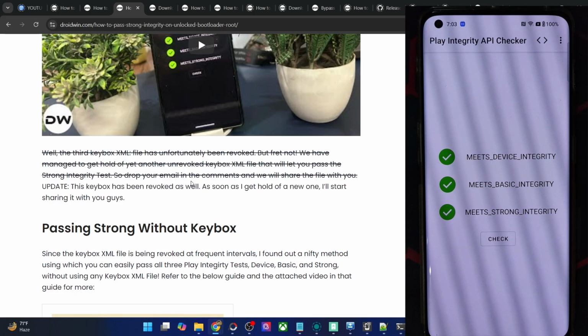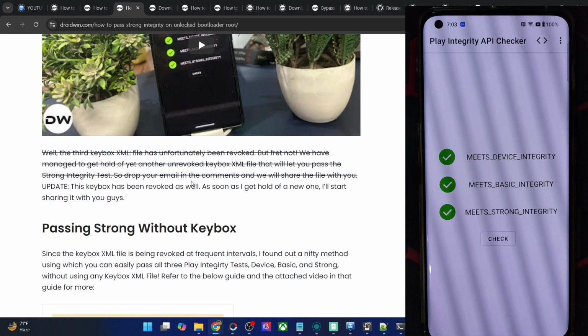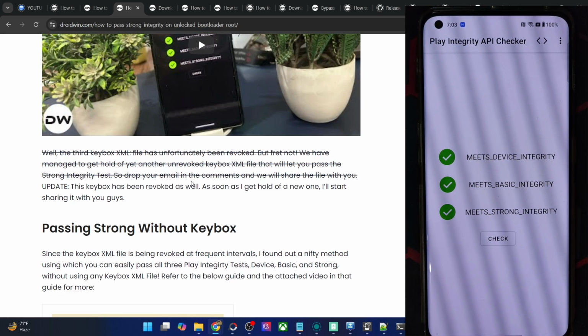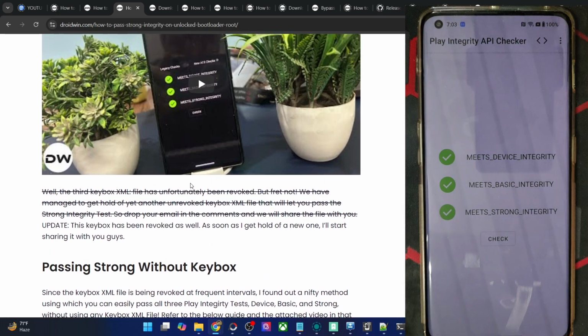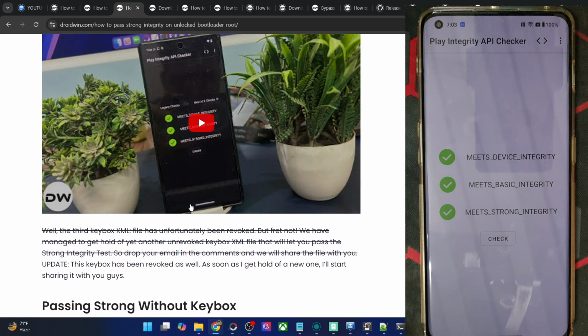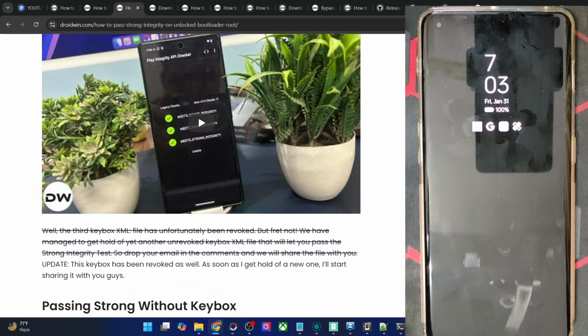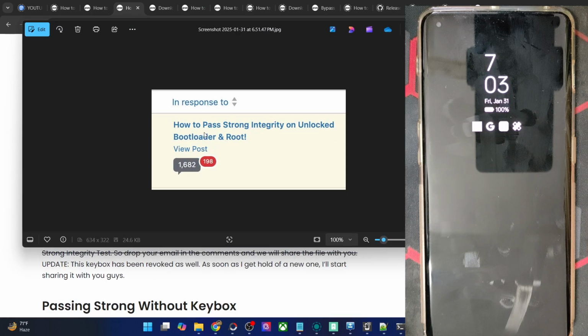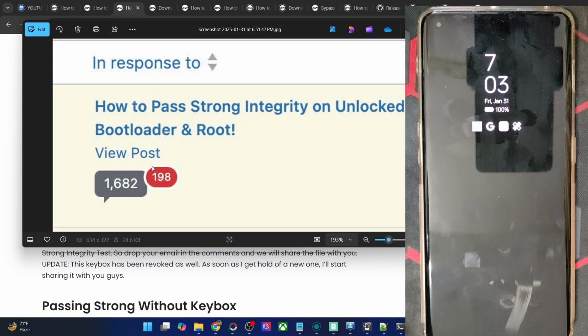Regarding this, there are quite a lot of you who are asking for this file on a continuous basis. Just keep in mind that as soon as I get hold of this file, I will share it with you straight away. It is quite a difficult and challenging task for me as well to find an unrevoked file. For instance, as you could see, up until now I've got around 1800 requests over here, out of which I have replied to 1600, but the last 200 I haven't replied to because I was not able to get hold of the file. And now that I have got the file, I will reply to each one of you individually. This will take some time, and I'm sorry for that, but that's the best I can do on my own.